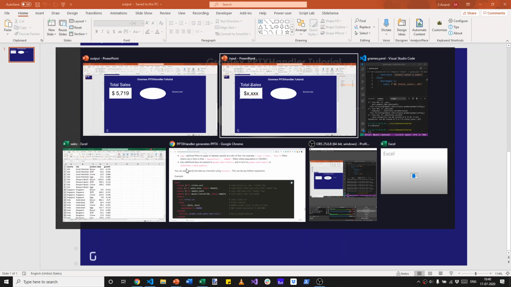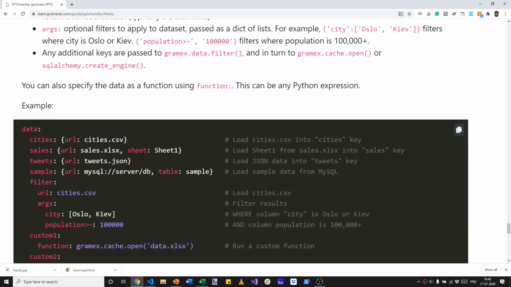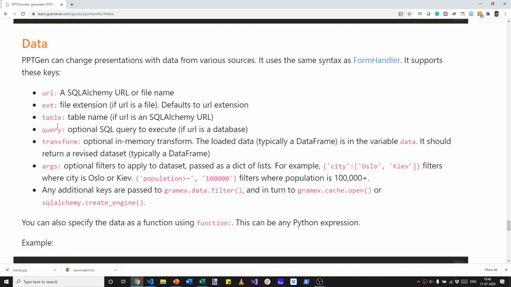You can load the data from a variety of sources and formats. So you can load it as any SQL Alchemy database. You can load it from a variety of different file extensions, including YAML. You can specify a particular table if you're loading it from a database. You can specify a sheet name. You can specify how you want to transform the data.